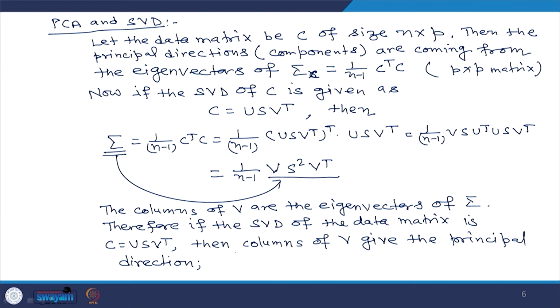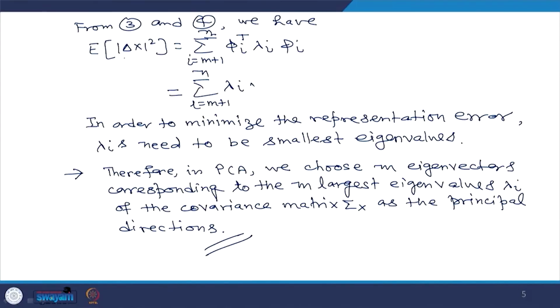And then if you want to project, then it will become XV, and XV will be US. So not XC, CV, sorry, CV, USV TV, US gives the principal components. Furthermore, how much information I have preserved, that you can see from here. So this much information we are discarding.